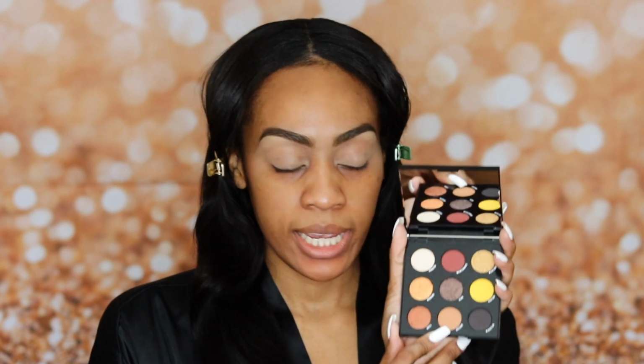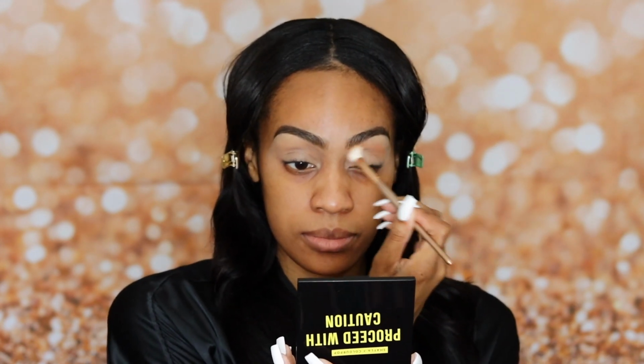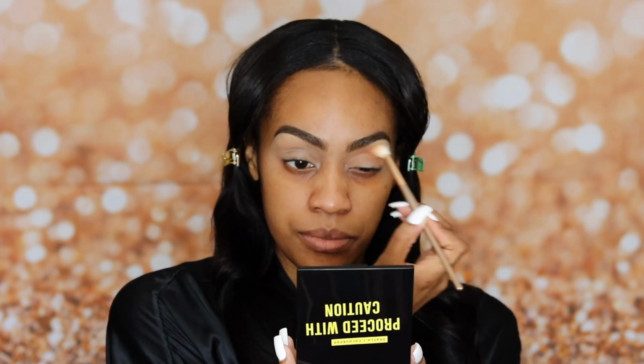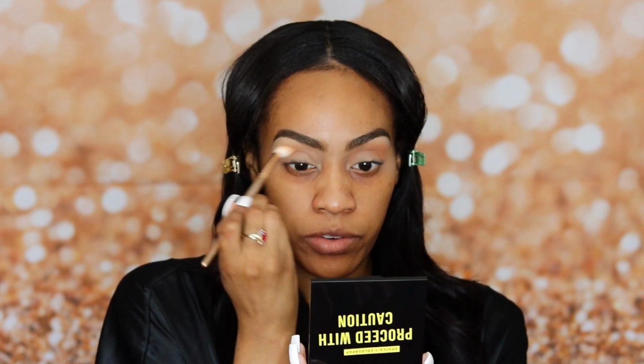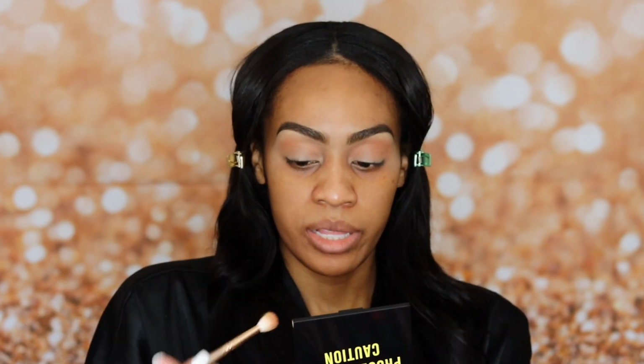So that's what I'm going to do. For my first shade, I'm going to go in with Culture, and I'm just going to apply that to my crease. This is a very nice subtle crease color, like a transition shade. It kind of reminds me of the Anastasia Beverly Hills Raw Sienna, that's also in the Modern Renaissance palette, but that color is a